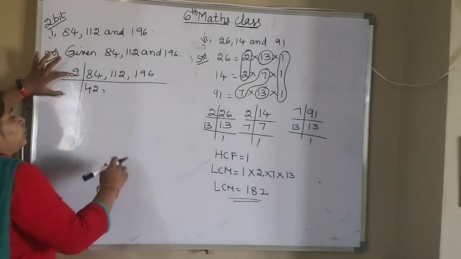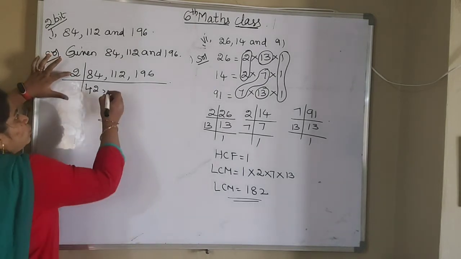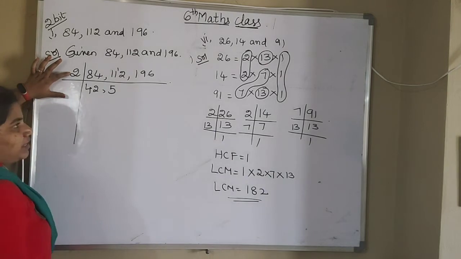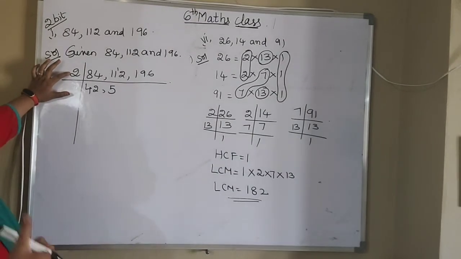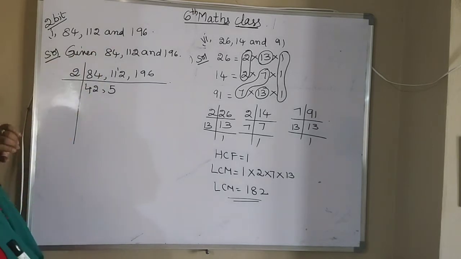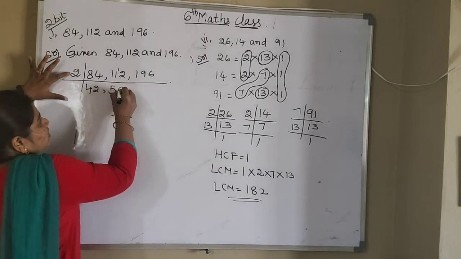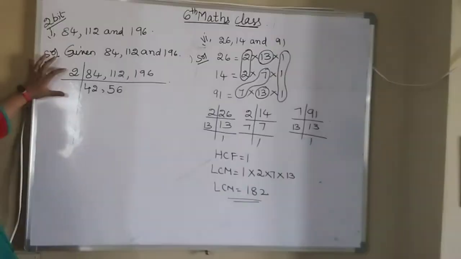Okay. Now in the 2 table, 112, how many times will it go? We have to think. So 2 5s is 10. 1 will be remaining because 11 is there. If you subtract 11 minus 10 it will be 1. So that 1 I am taking as borrow. So now it has become 12 here. So 2 6s are 12. So 2 56s is 112.